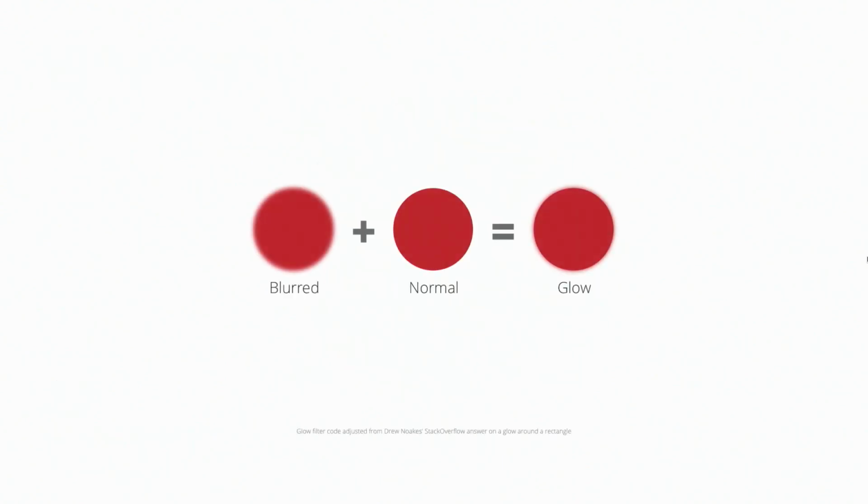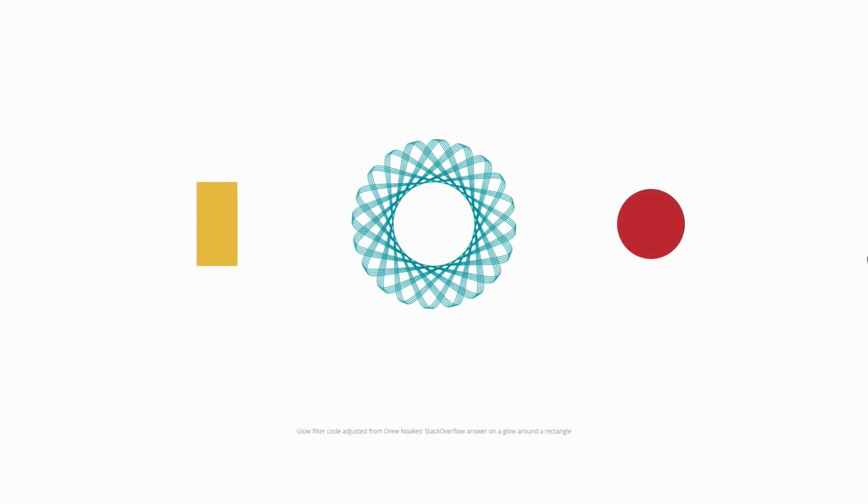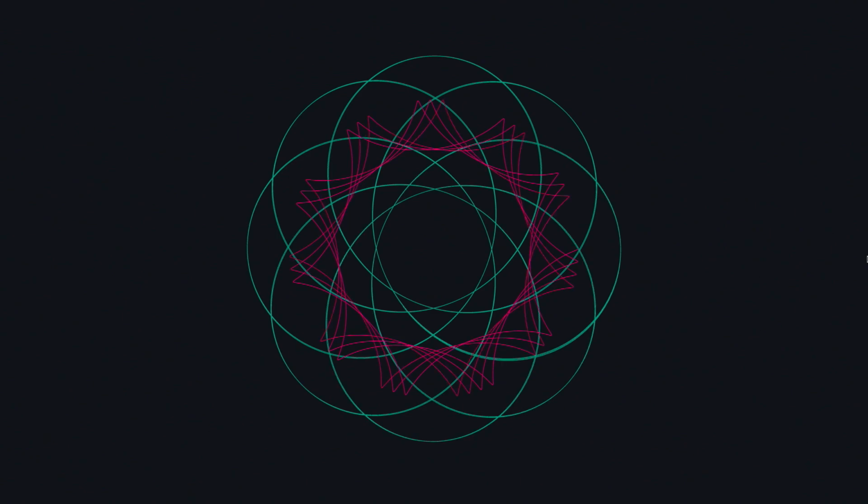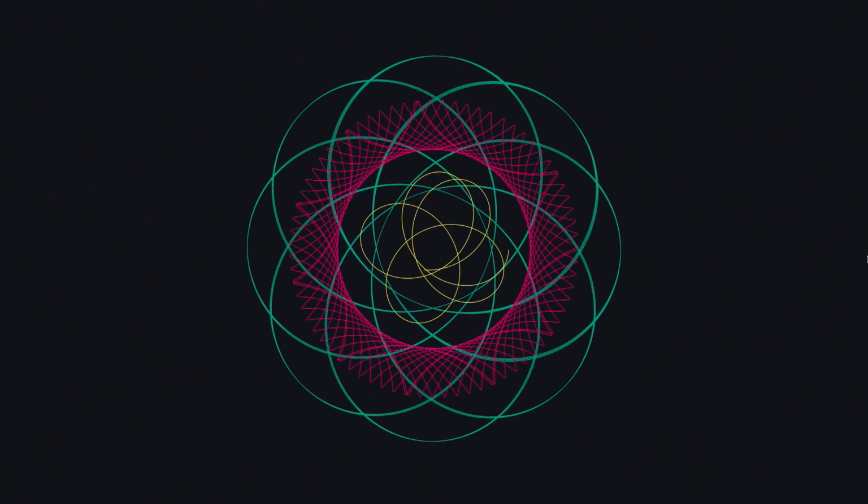But what happens is really simple. You have your element, and then the filter creates a blurred version. It pastes the original one back on top of it to give the appearance of a glow. And you can apply this to SVG rectangles and paths and circles. And I've used it a few times in subtle ways in my visuals to make something a little bit more pop. For example, with spirographs, which I used to love as a kid, and I love them even more in the browser because it's not like halfway through